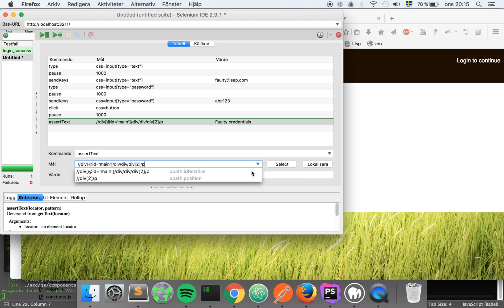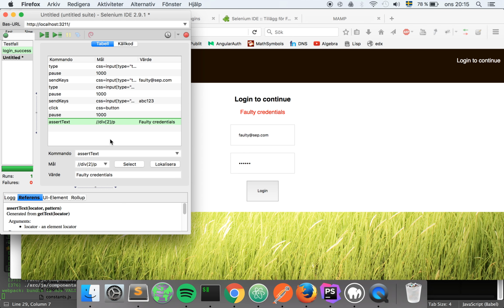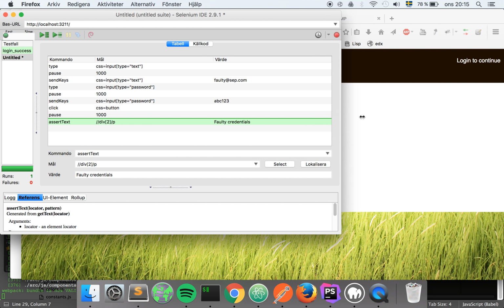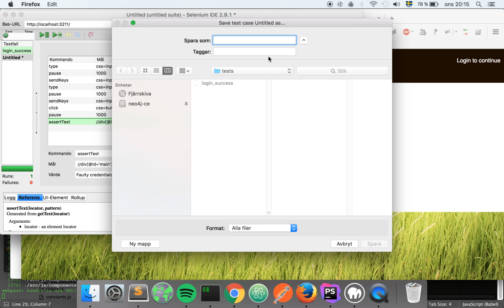If you for some reason should have problems with the targets not working, you can try and select other targets right here. So let's see if this works. I'm not sure if it's gonna work. Yeah, in this case it works, because sometimes these might be too general and you might want to give them something else. All right, so now we have another integration test. So I'm gonna go ahead and save this, and I'm gonna call it login error,